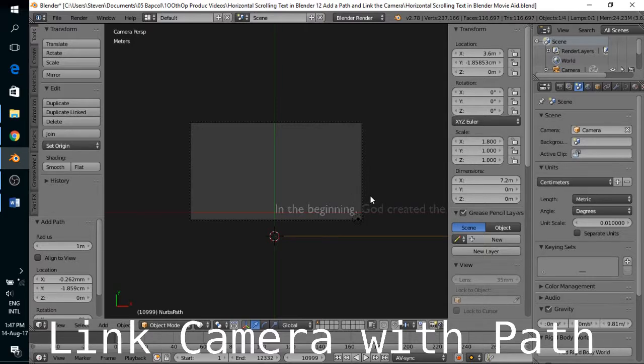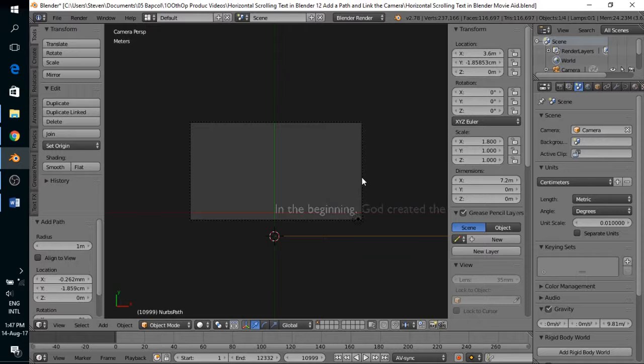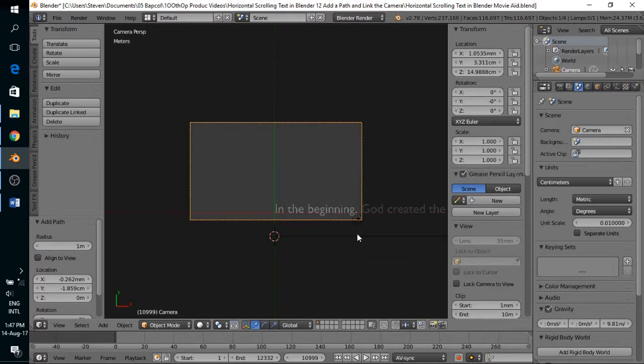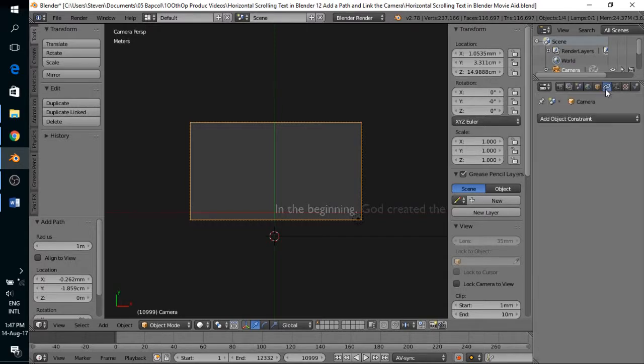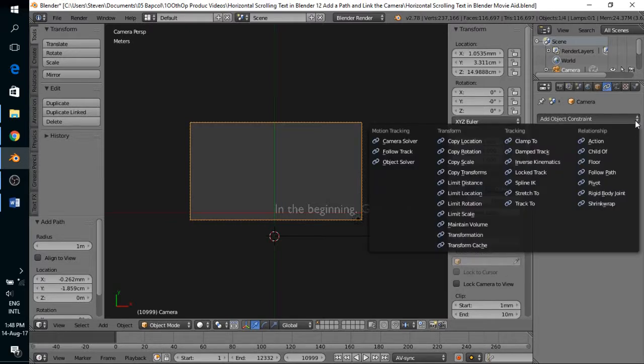text. What we now do is to connect then the camera with the path. Select and highlight the camera. Go then to here the link tab in the properties window. Click on it, and there you see the camera must be linked, and in this case we select relationship follow path,